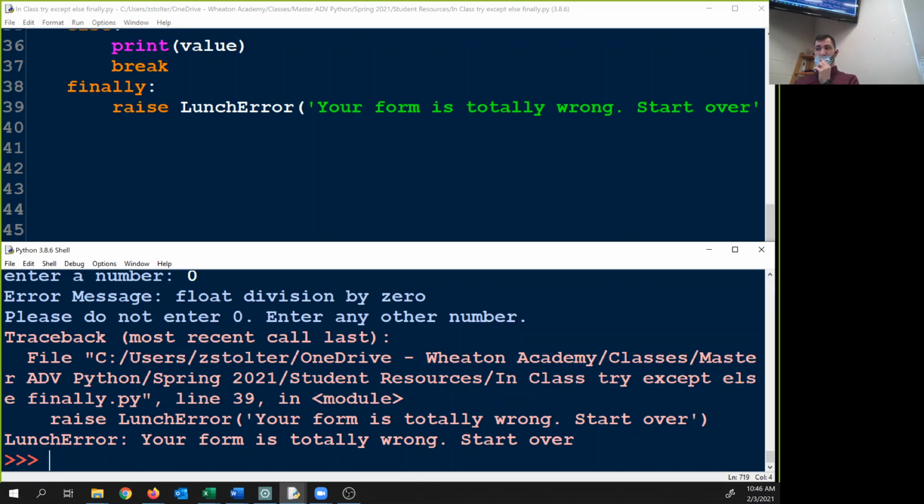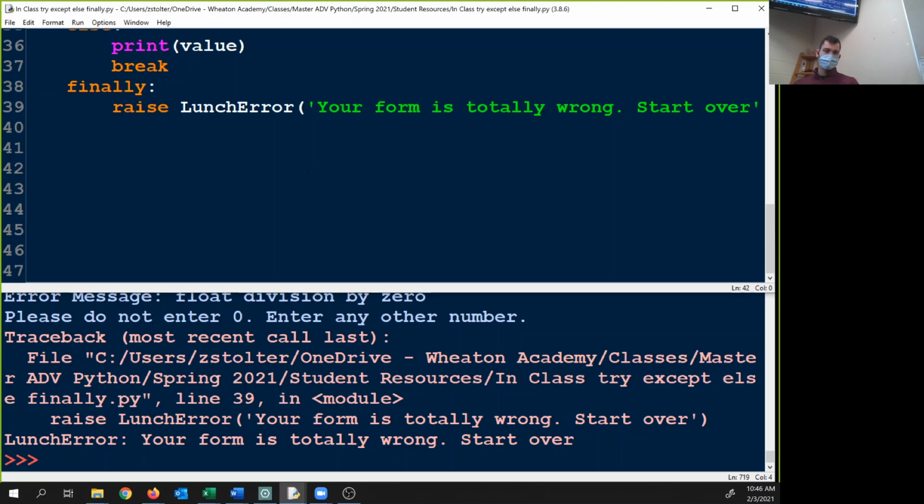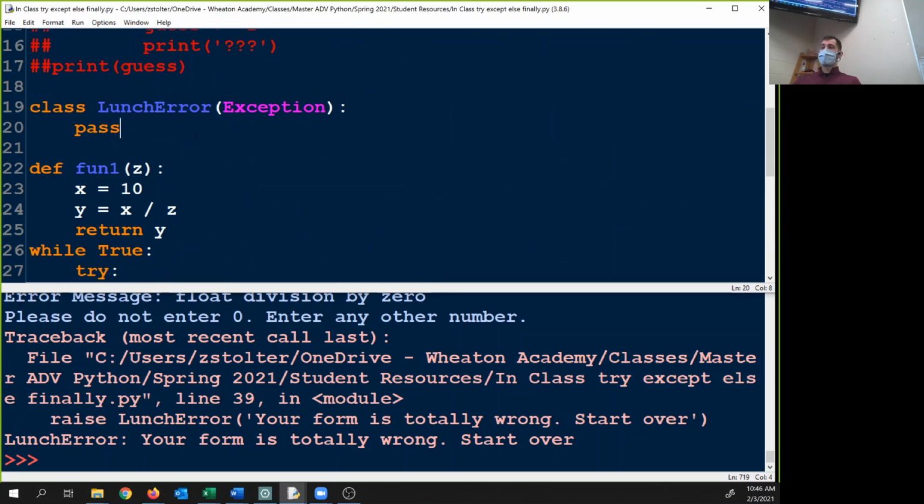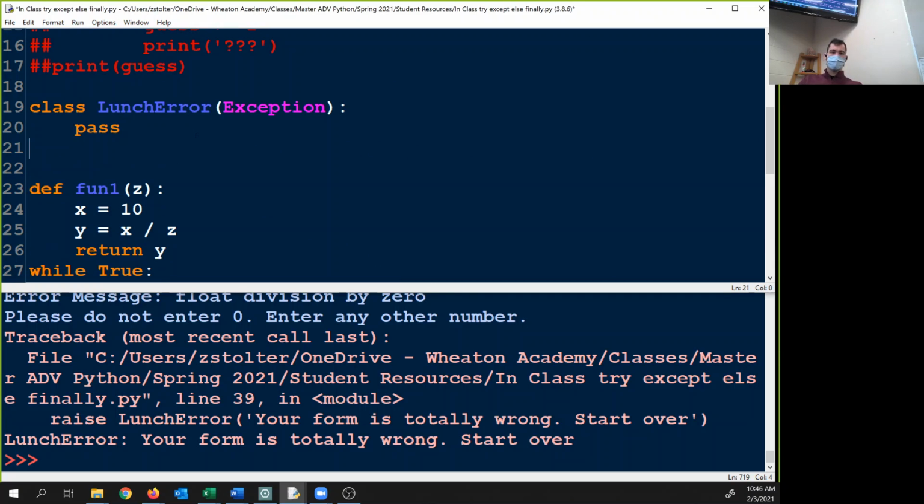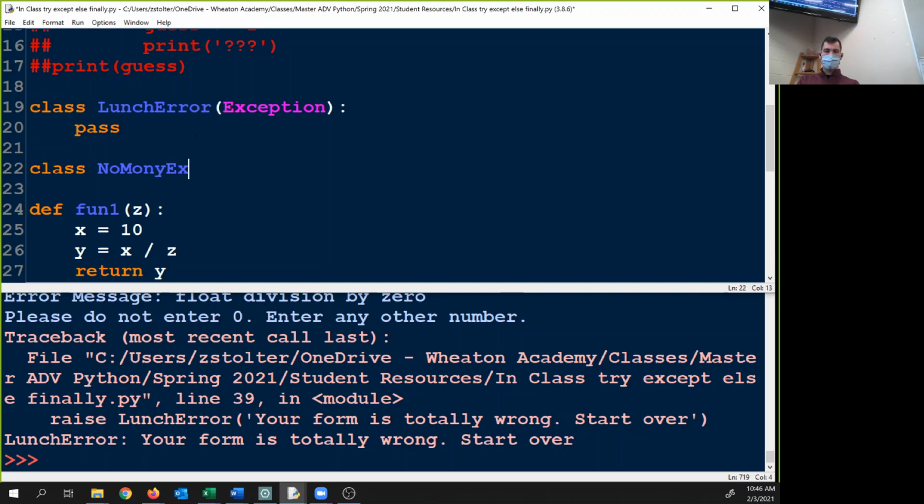Again, you can have more than one of these. I'm just going off of this website. We can do class NoMoney exception. That should be error. And then we can raise, so